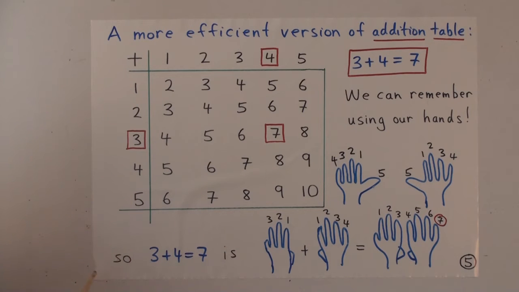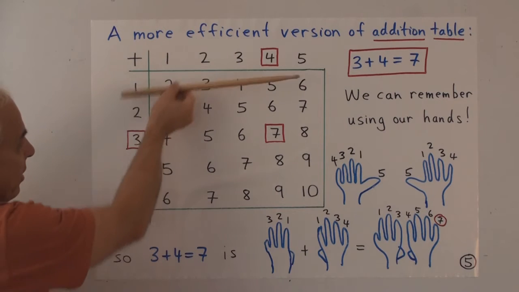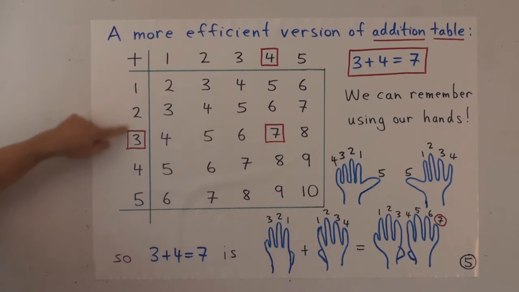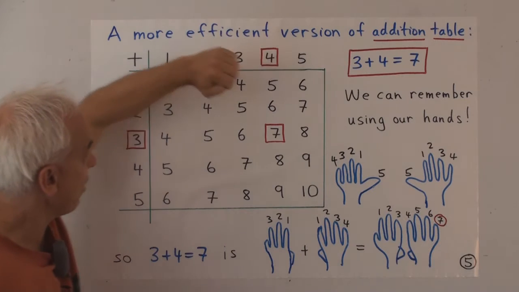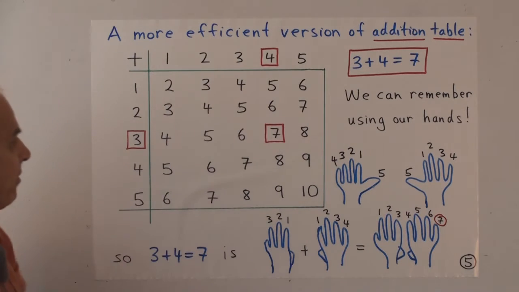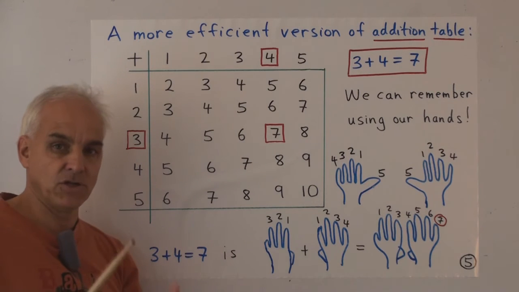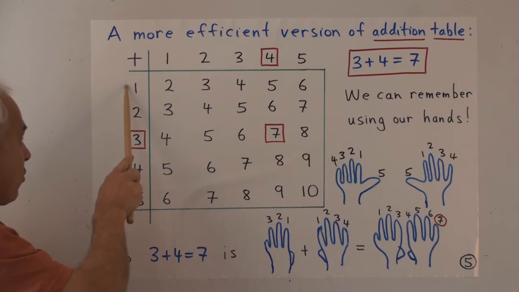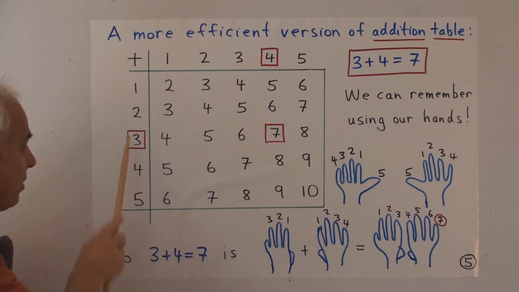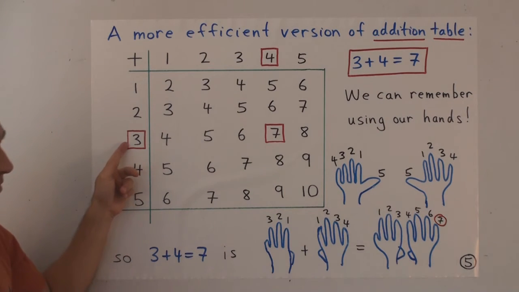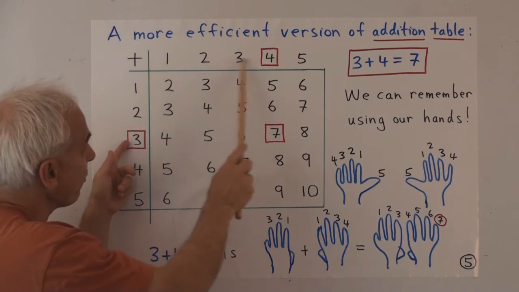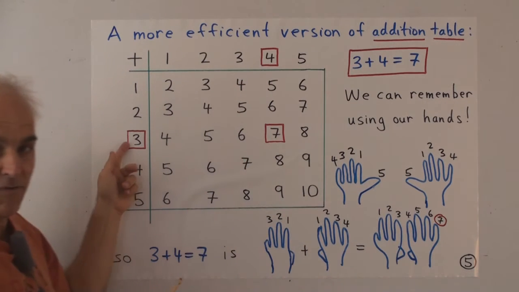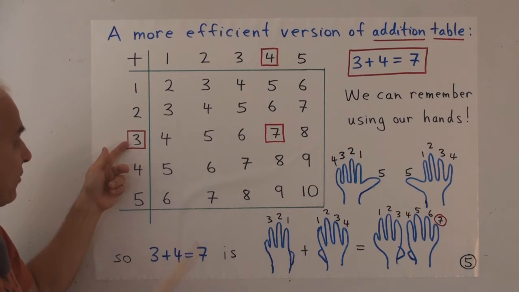What is involved here? Well, we have some lines here separating numbers 1, 2, 3, 4, 5 along here, and numbers 1, 2, 3, 4, 5 along here, with the main body of the table. And the way we read this is, if we want to add two numbers, let's say 3 and 4, we go down this first column till we get to the first number 3. We go along this top row till we get to the second number 4. So we're adding 3 plus 4.